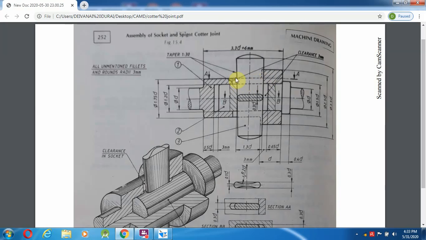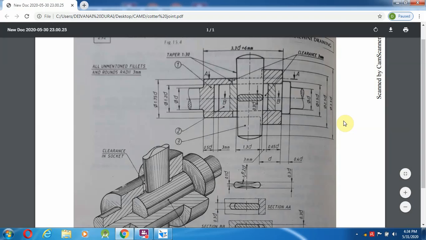So the taper length there we are taking as 29 mm over here, and in this 29 mm, what happens is the taper is a 1:30 ratio. So 1:30 means 1/30, we are getting 0.033 mm. So after this 0.033 mm we are going to find the taper length.